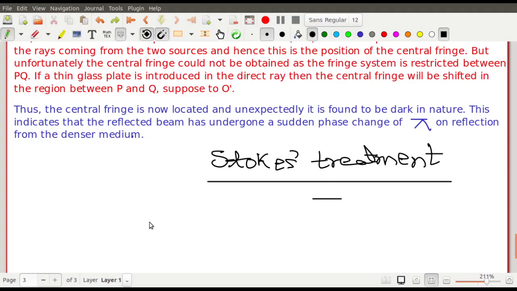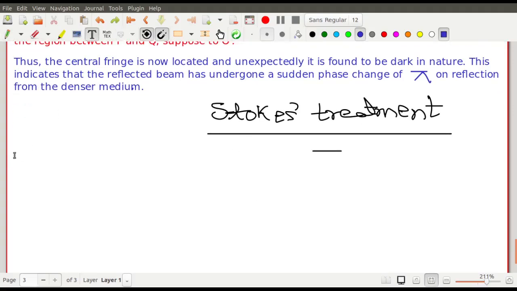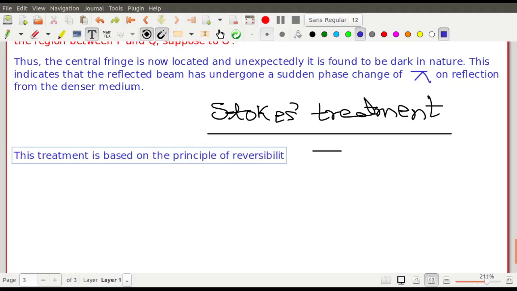So okay, now I will go for the Stokes treatment. So look at this Stokes treatment. This treatment is based on the principle of reversibility,